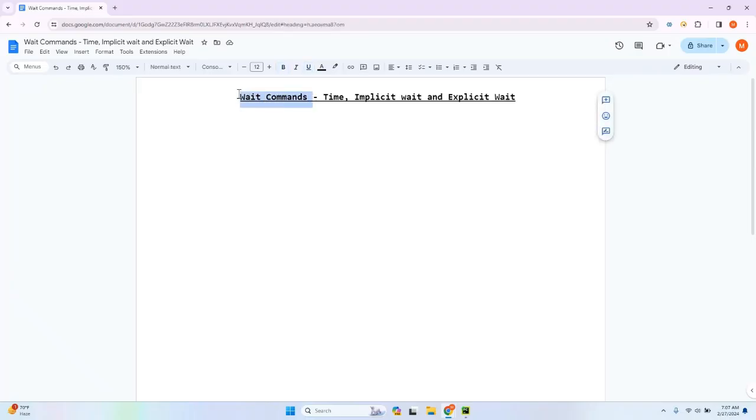Wait commands. Time, which is a default module. When we install Python, we will get a time module. In Selenium WebDriver, we have implicit wait as well as explicit wait. Why do we need to go for